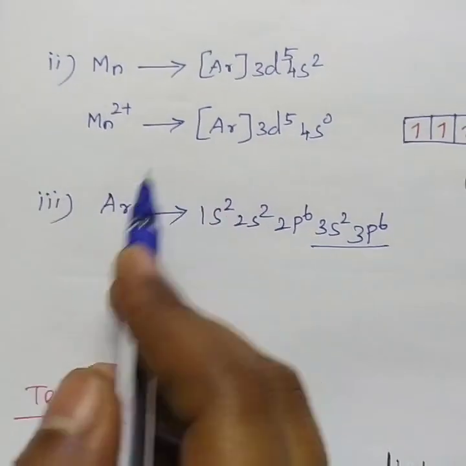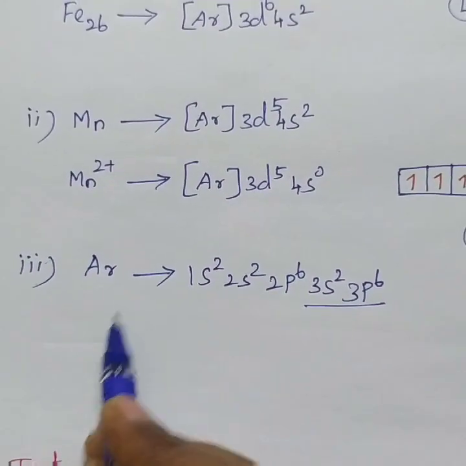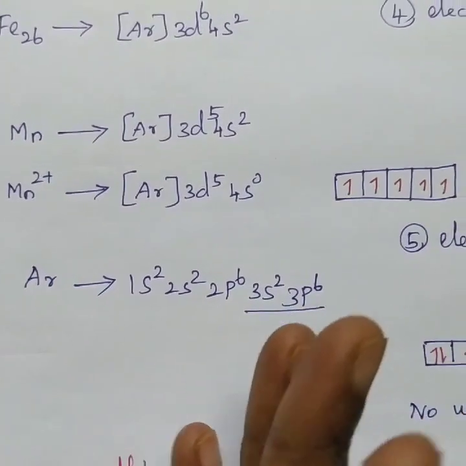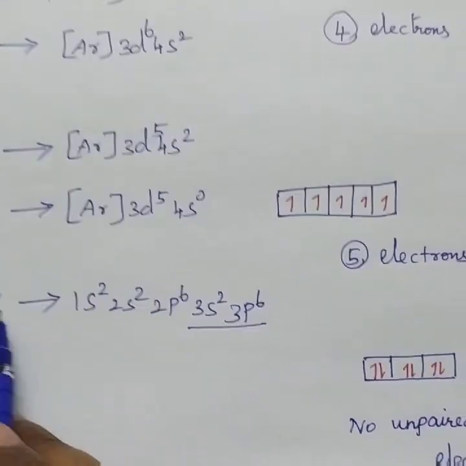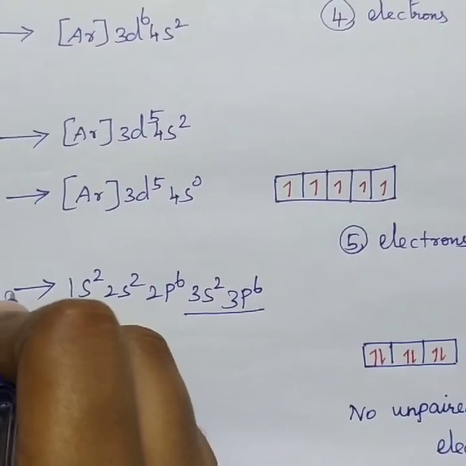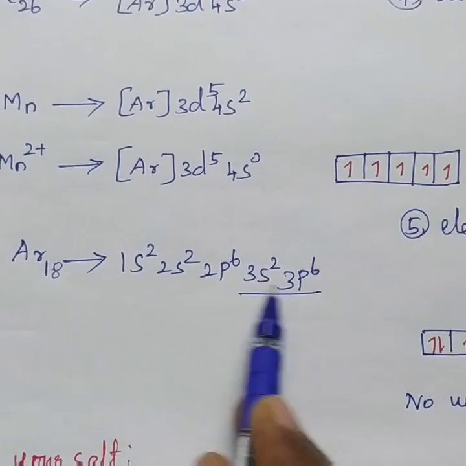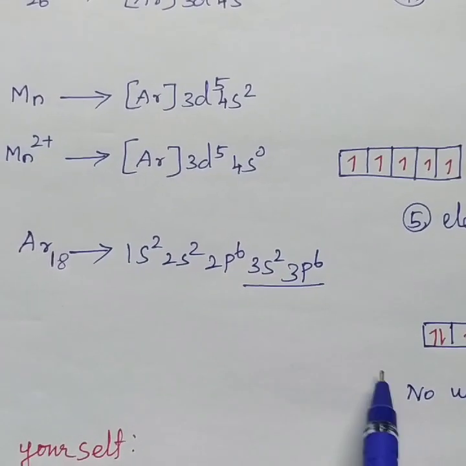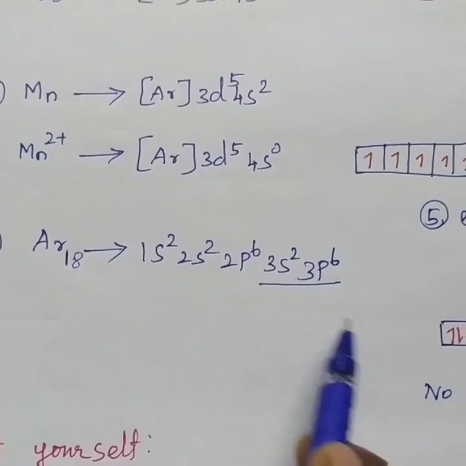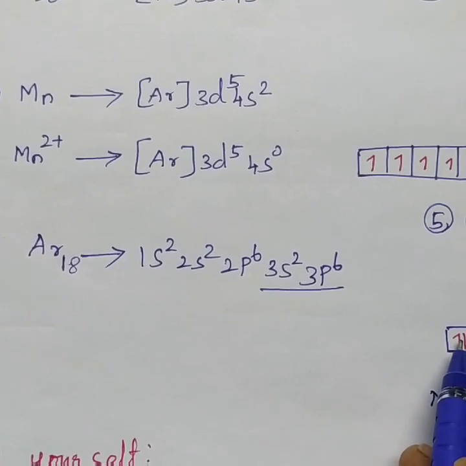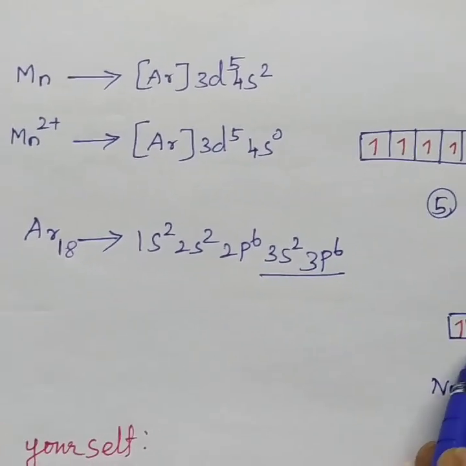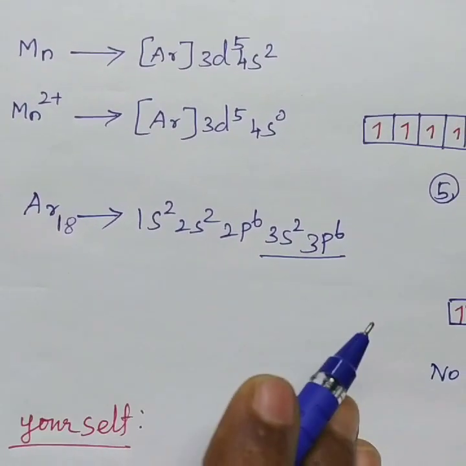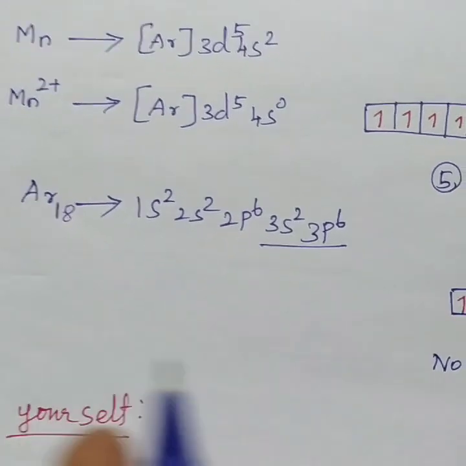Then next, argon. For argon we cannot write ions, because argon is a noble gas, which you cannot indicate in the ion state. The atomic number of argon is 18, so the electronic configuration ends with 3s2 3p6. I have drawn only the final shell as the orbital diagram. 3p6 means the p shell is completely occupied, so there are no unpaired electrons here. All the electrons are paired, so argon does not have any unpaired electrons.